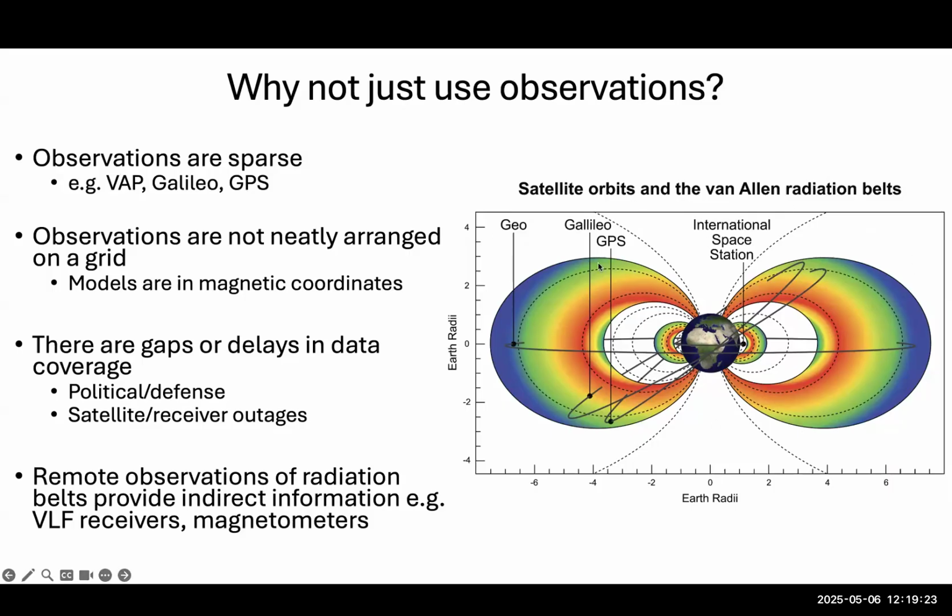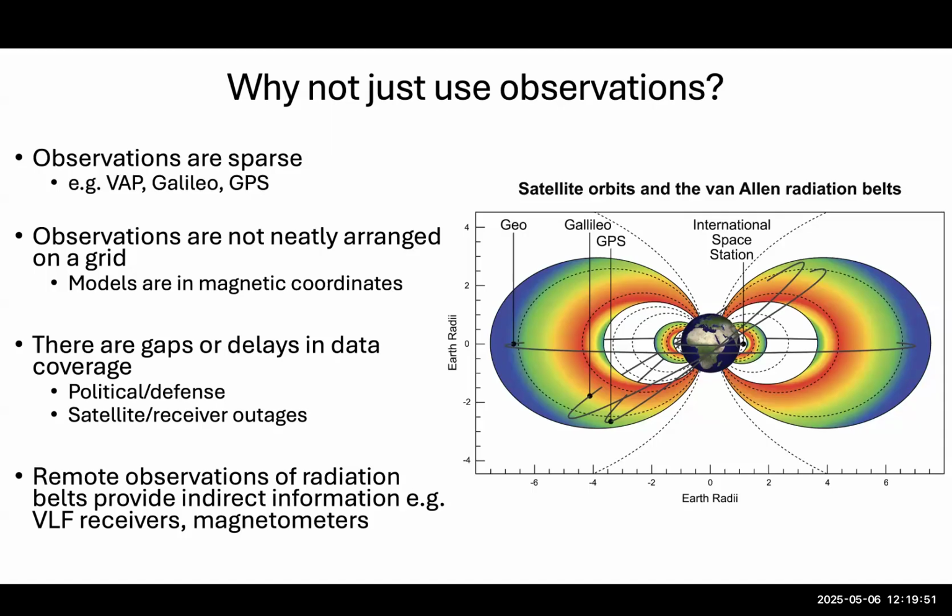It's not enough to fully constrain or model the radiation belts. And these observations, weirdly, aren't neatly arranged on an alpha, energy, L-star grid. There are gaps, delays, problems in data coverage for a variety of reasons,